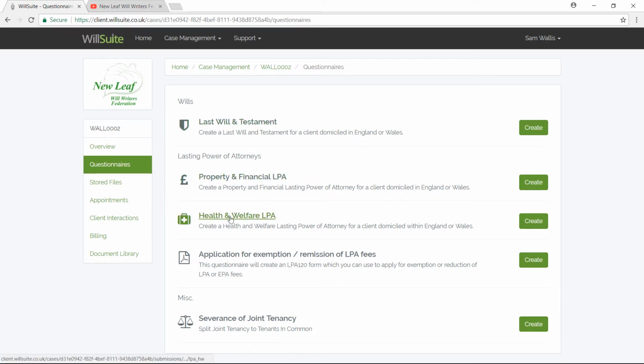financial LPA, health and welfare LPA, form LPA 120, we can complete that, and we can also create the SEV form and the mutual notice for severance of tenancy. So we're going to start with a will, this one here at the top, and I'm going